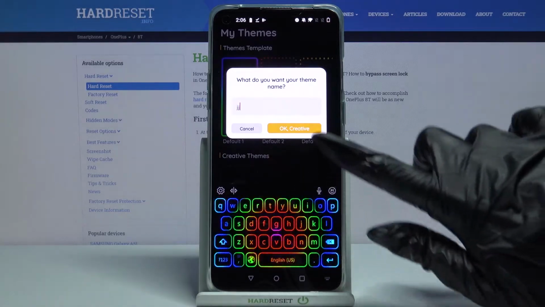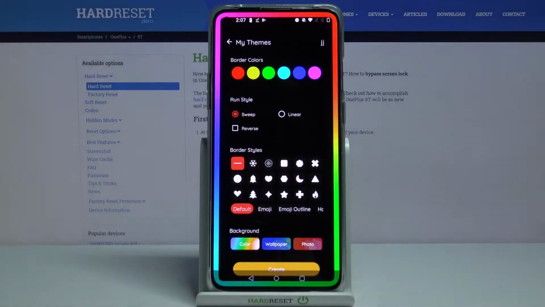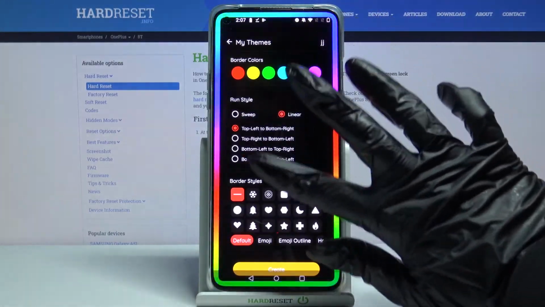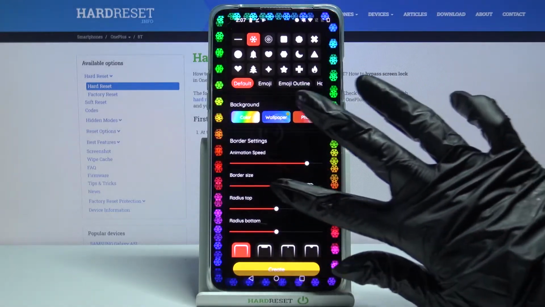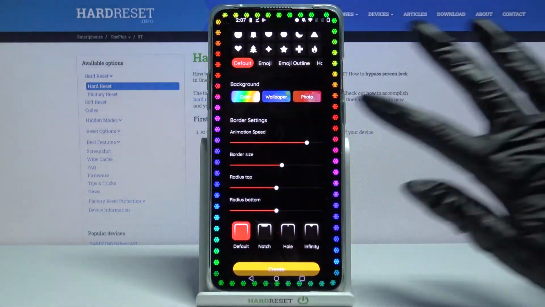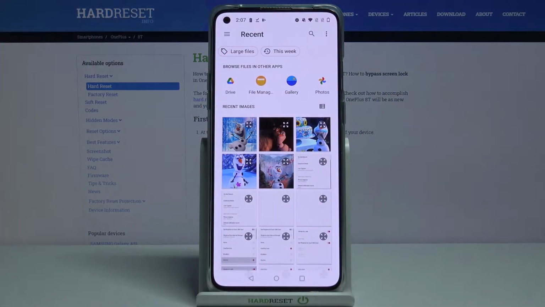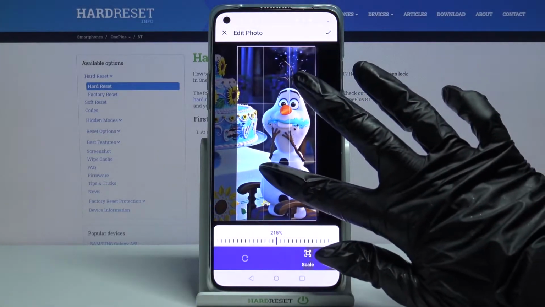Name it, click OK, Creative, and close an ad. Over here you can customize your edges. You can change run style, add pattern, change animation speed, the size of edges, and many other things. When you're done, click on one of these sources, for example photos, and choose a picture that you want to apply as a wallpaper. I will go with that one, so now I have to adjust it